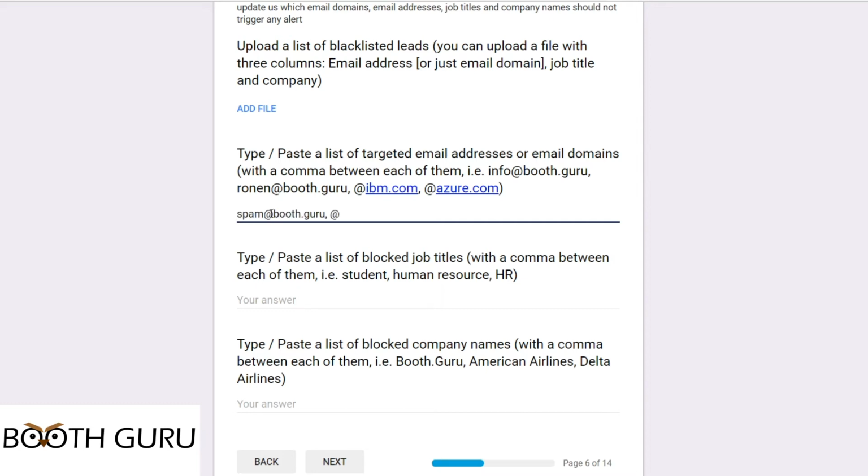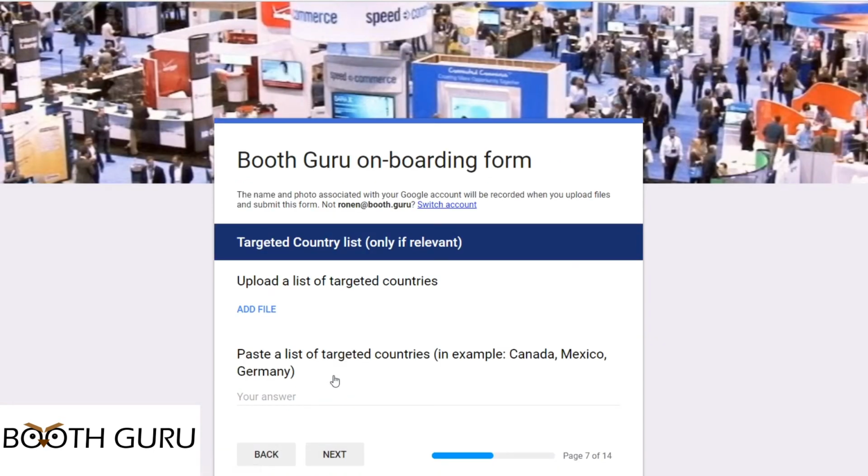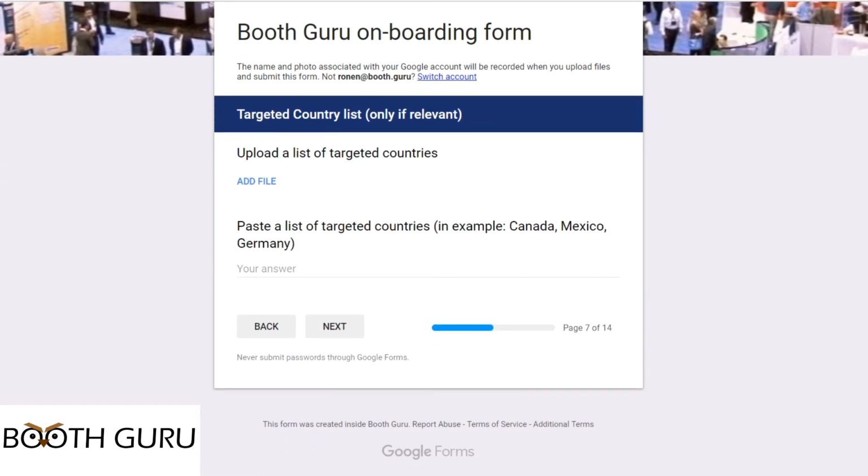The second option will be to type or paste a list of blocked email addresses or email domains. The third option will allow you to type or paste a list of blocked job titles. And the fourth option will allow you to type or paste a list of blocked company names. Don't forget to use comma between each item. I hit the next button, and then here you can target the country list